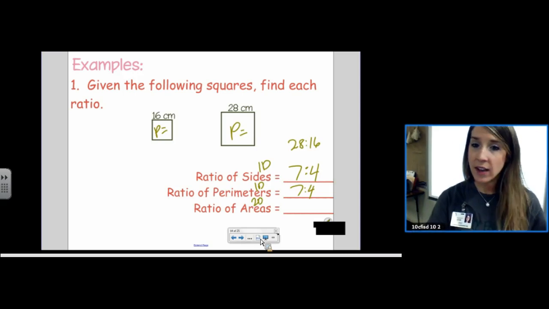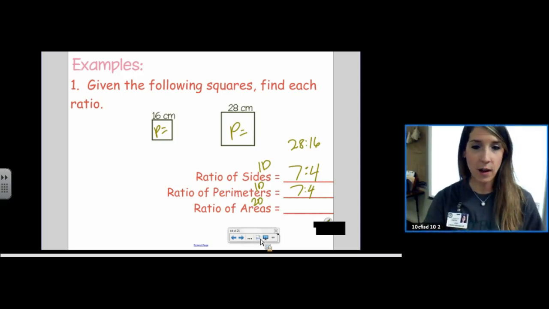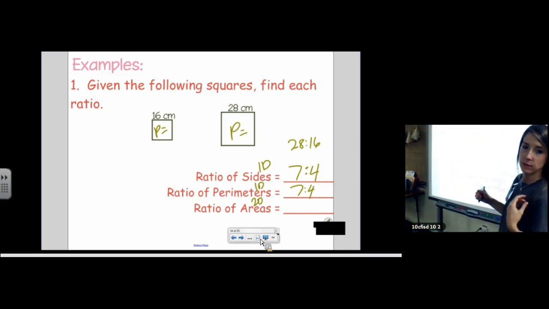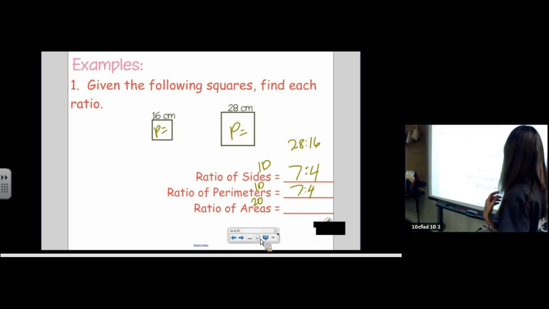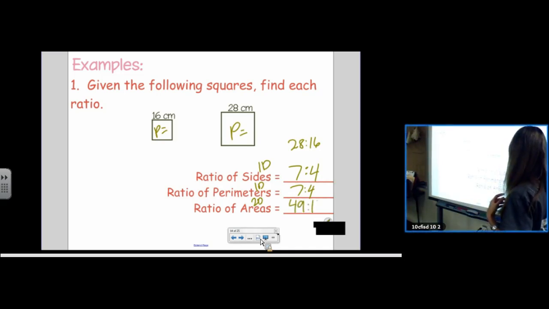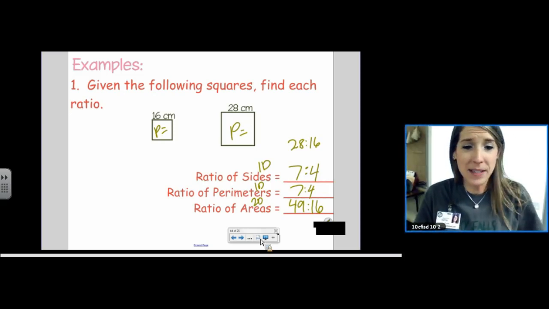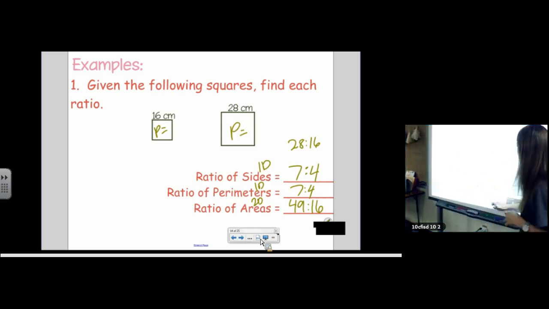Do I have to find the area of that square with side 28? No. I can just take my ratio, A to B, and square it. A squared to B squared. So what is the ratio of the areas? Yep. And that does not reduce, so that's our final ratio. So we get to skip steps here. This lesson is about skipping steps. Pretty nice. Let's look at this